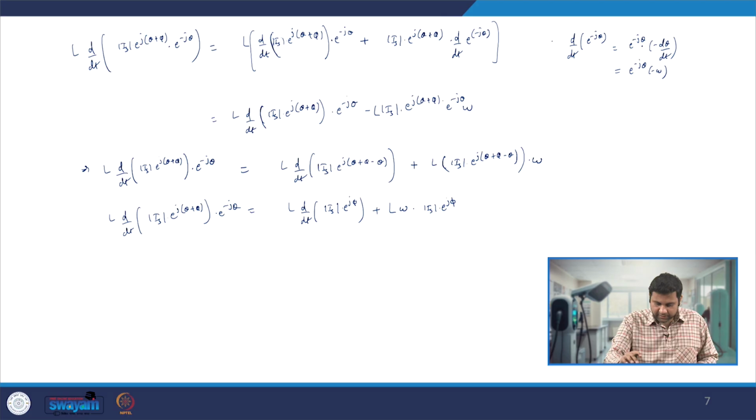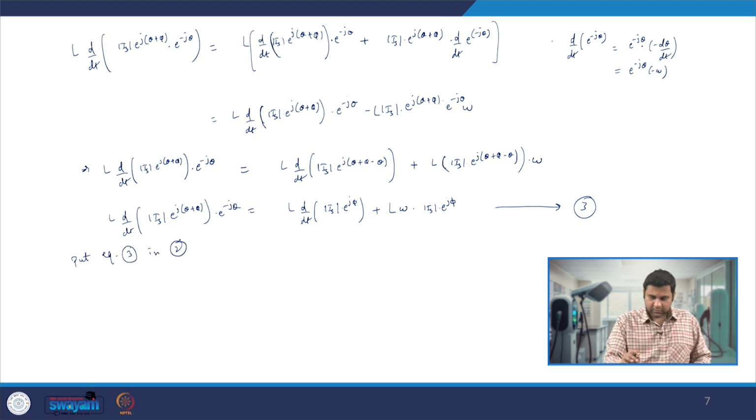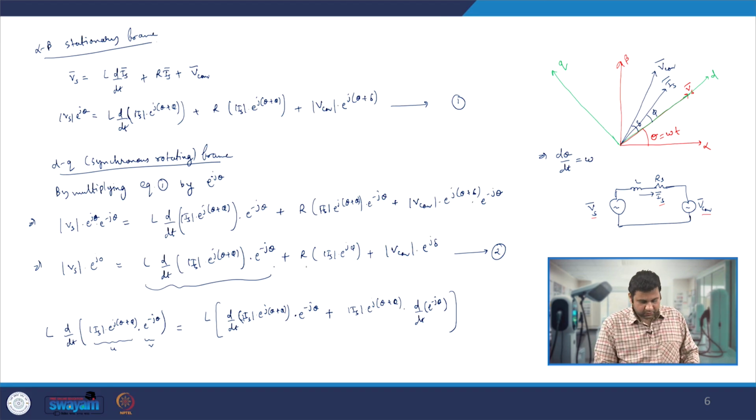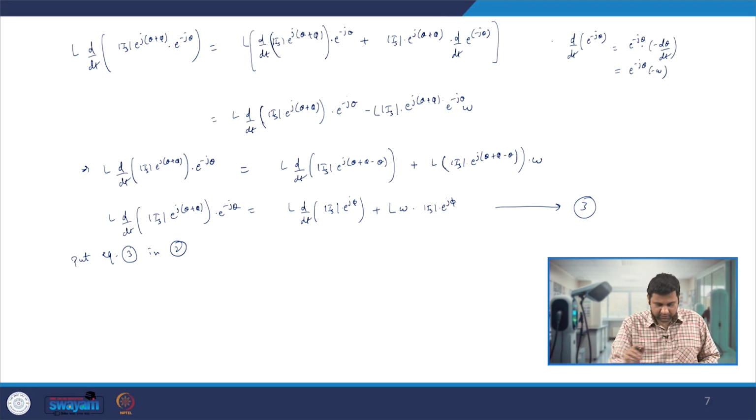And if we look very carefully, this is nothing but equation 3. So put equation 3 in 2. Whatever we have in 2, we can put this equation 3, which is this value, from equation 3. What we will get is, finally, modulus Vs e raised to power 0 to be equal to L di by dt, modulus of space vector Is e^j phi